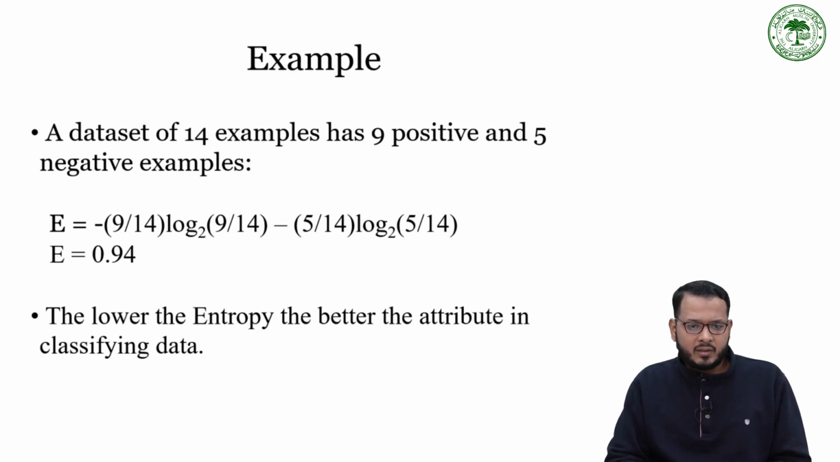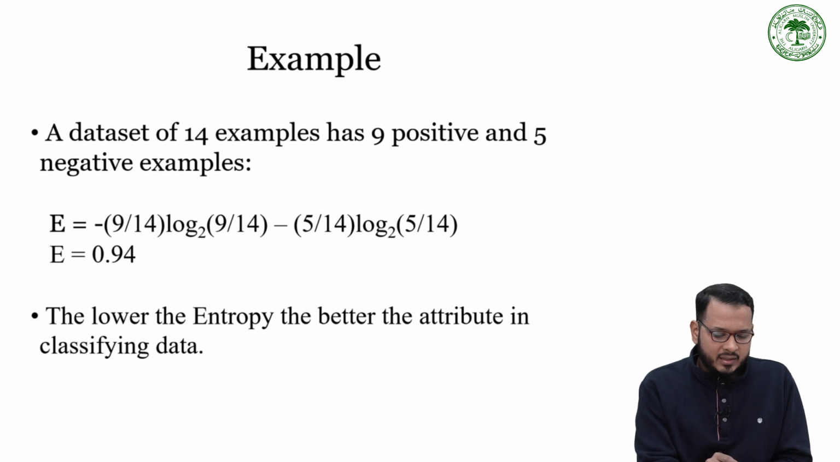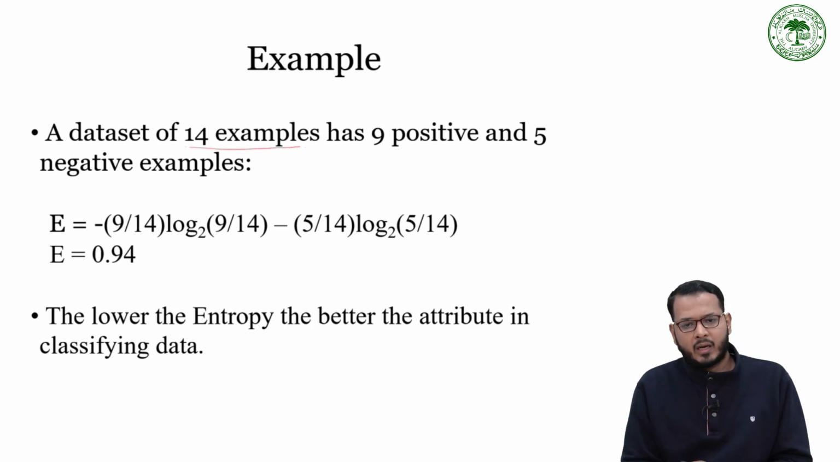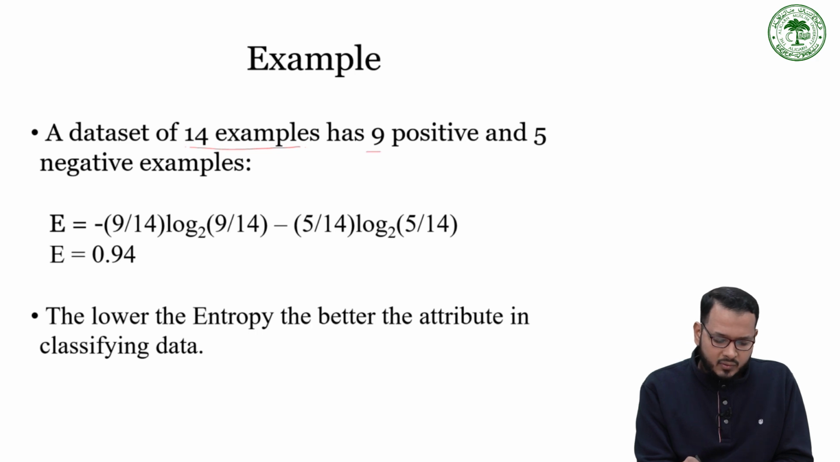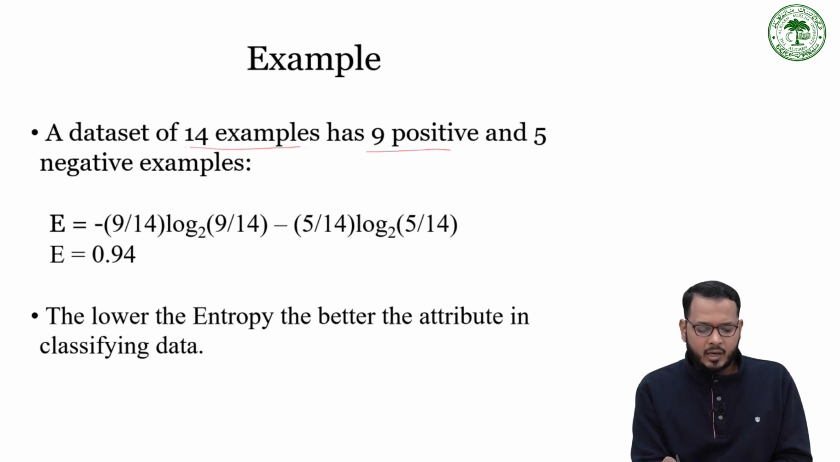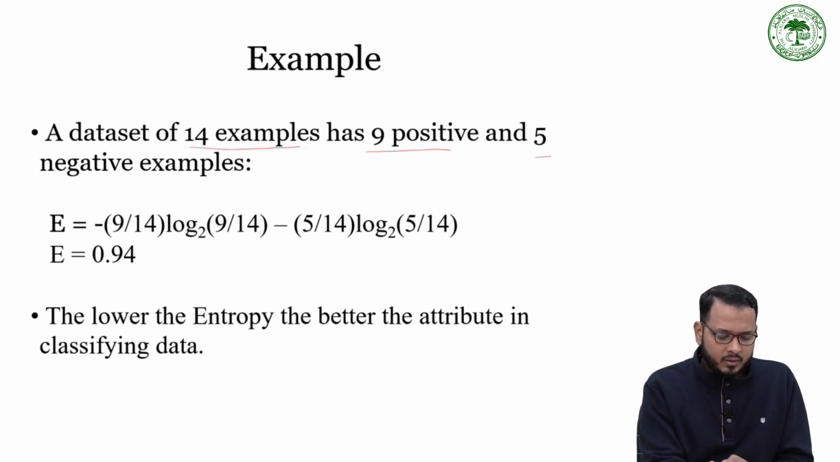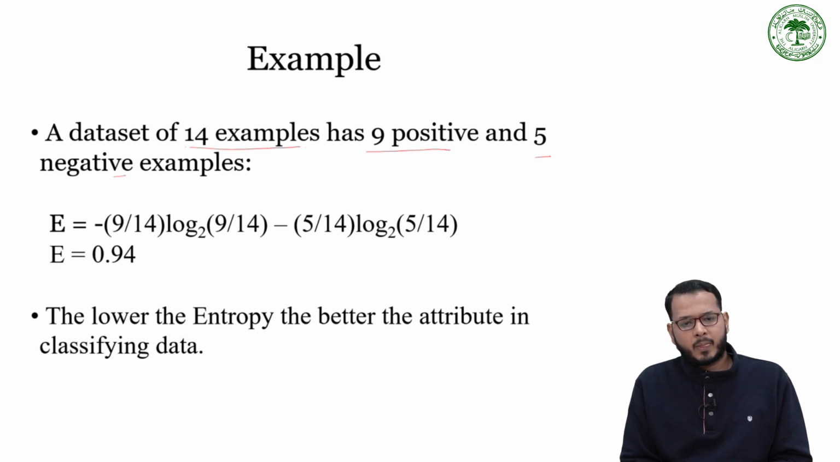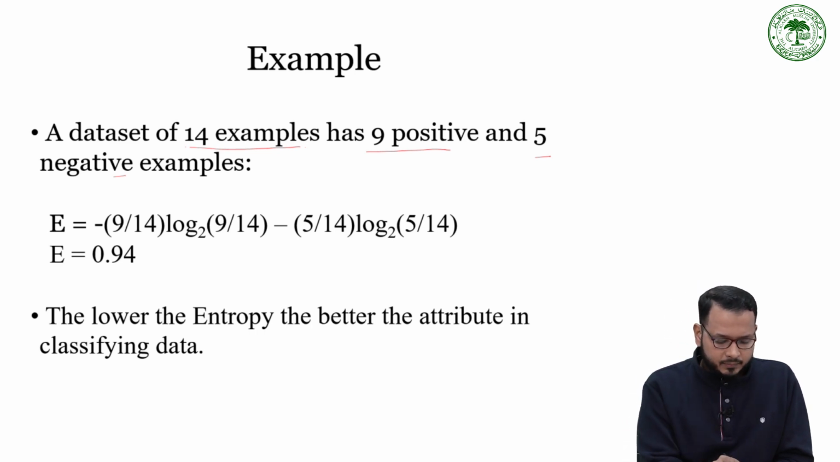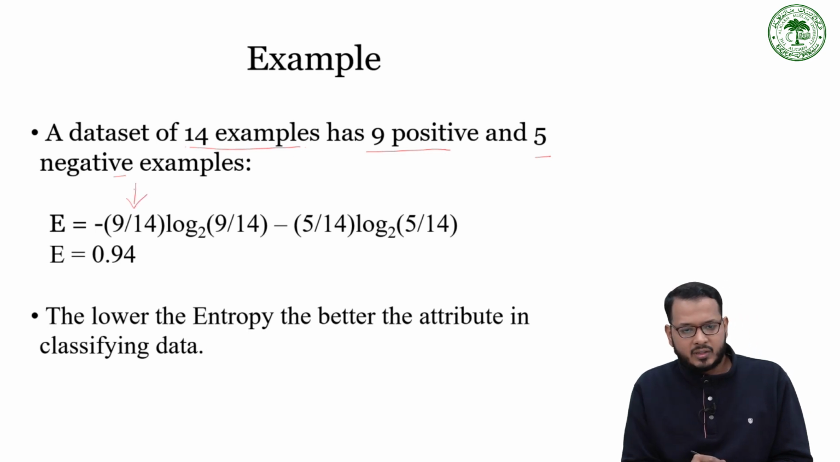Let's try to calculate entropy from the given formula. Let's say that a data set has overall 14 examples. Out of them, 9 are positive or yes examples, and 5 are negative or no examples. In that case, entropy can be calculated like this: the probability or portion of positive examples